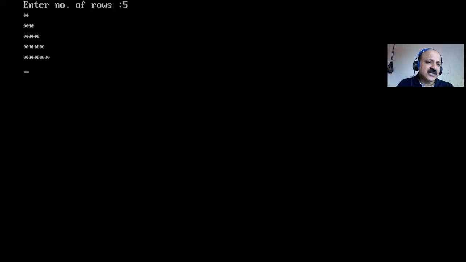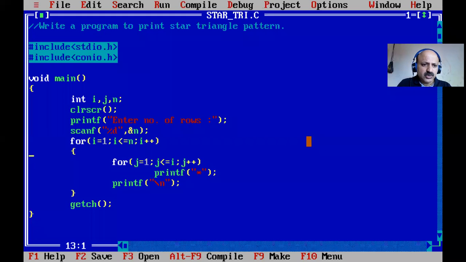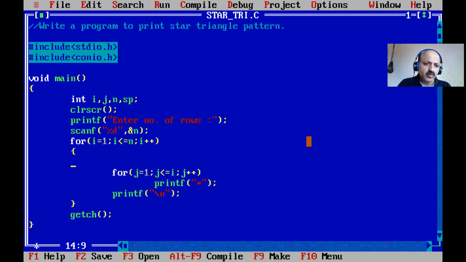Now our shape is at the right position, and we have to shift it to the left position. That is the important part. So now we start some important logic. We take one for loop so that every star goes to the middle of the screen. sp, space, we initialize to 1, and sp is less than or equal to 40, and sp plus plus.